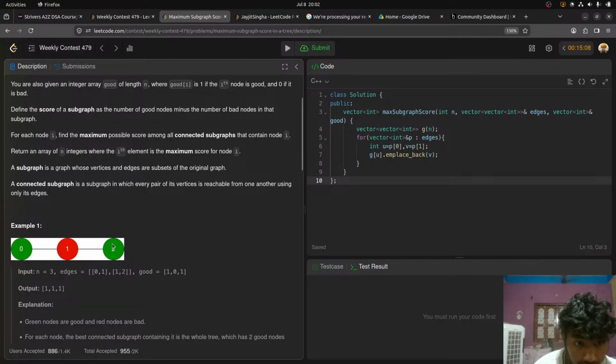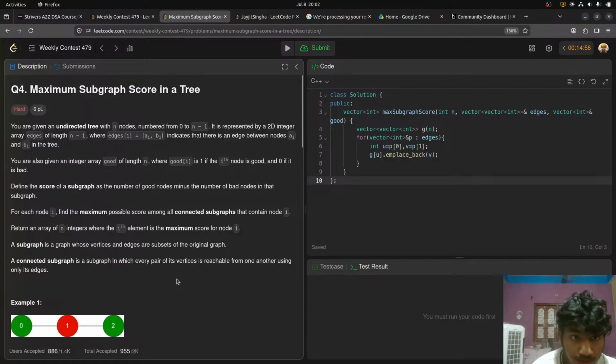But if this was the parent, then this will have a subgraph of 3, this will have a 2, and this will have 1. So I need to know which one is the parent, and I am not seeing the parent really. The edges A to I just indicates that there is an edge. It does not indicate if it's really